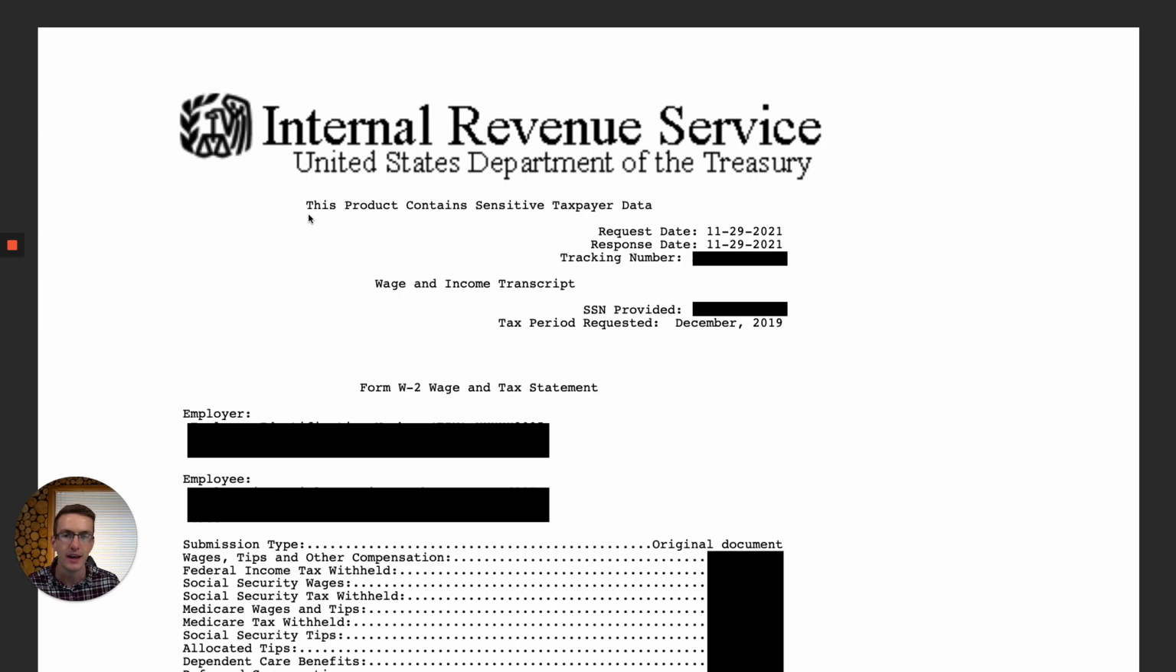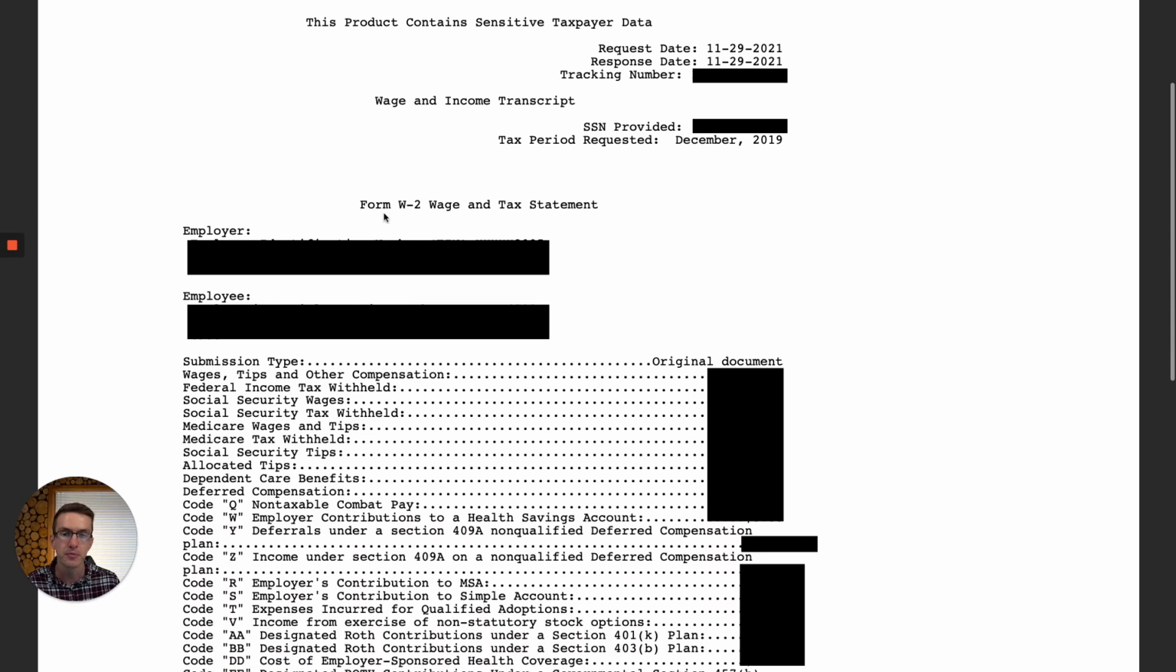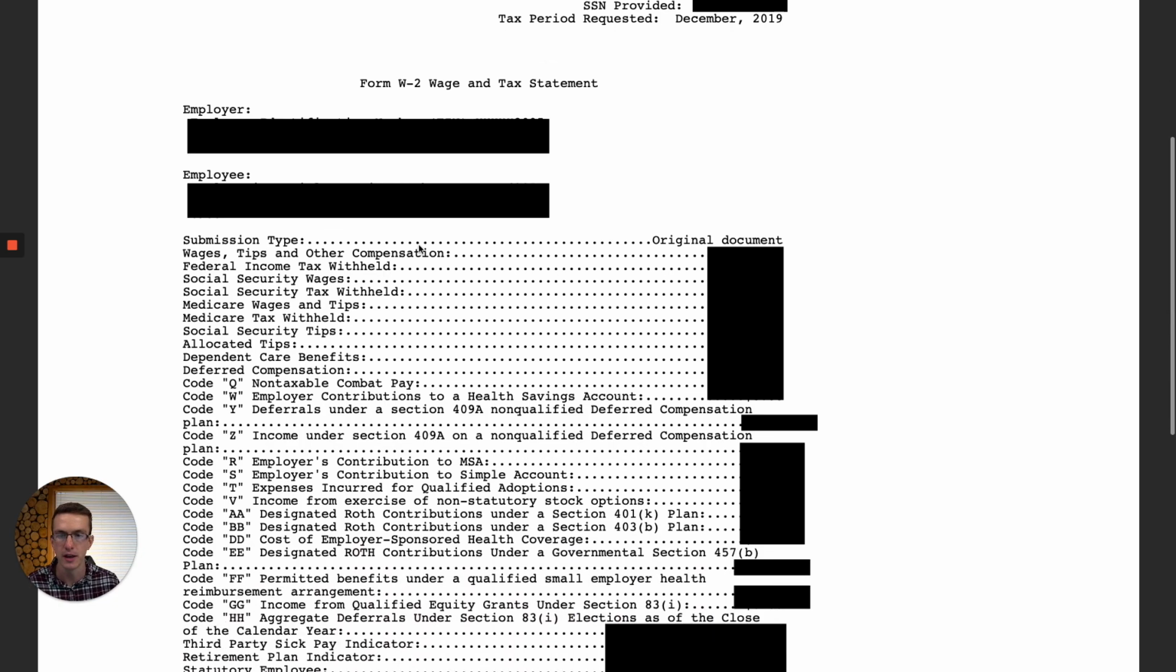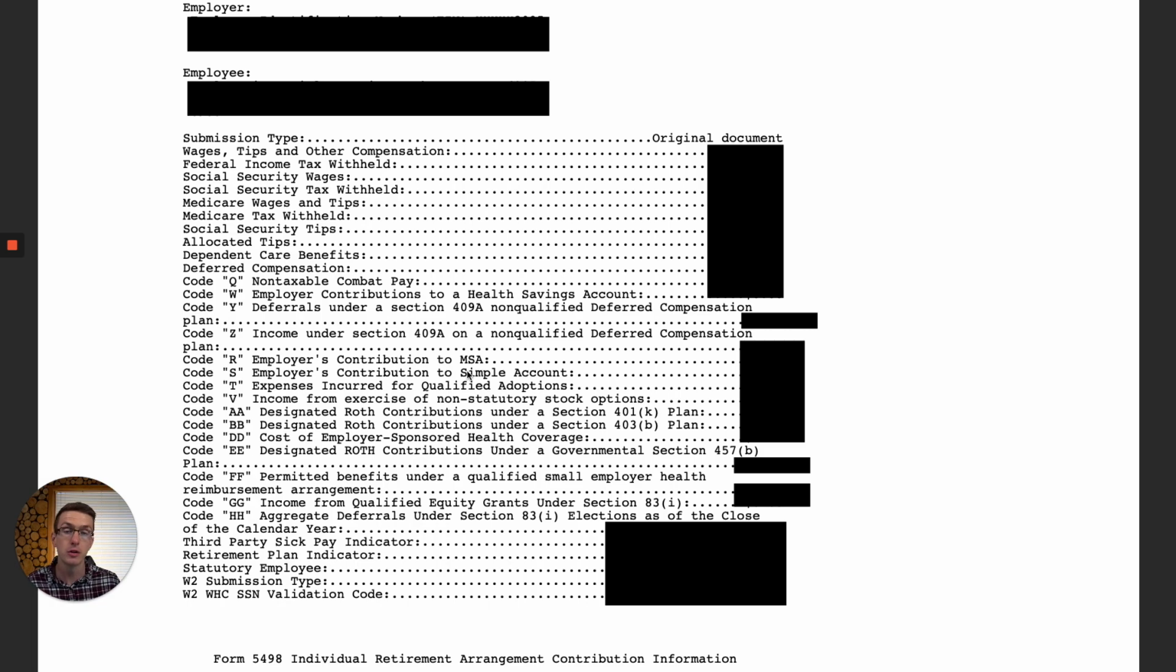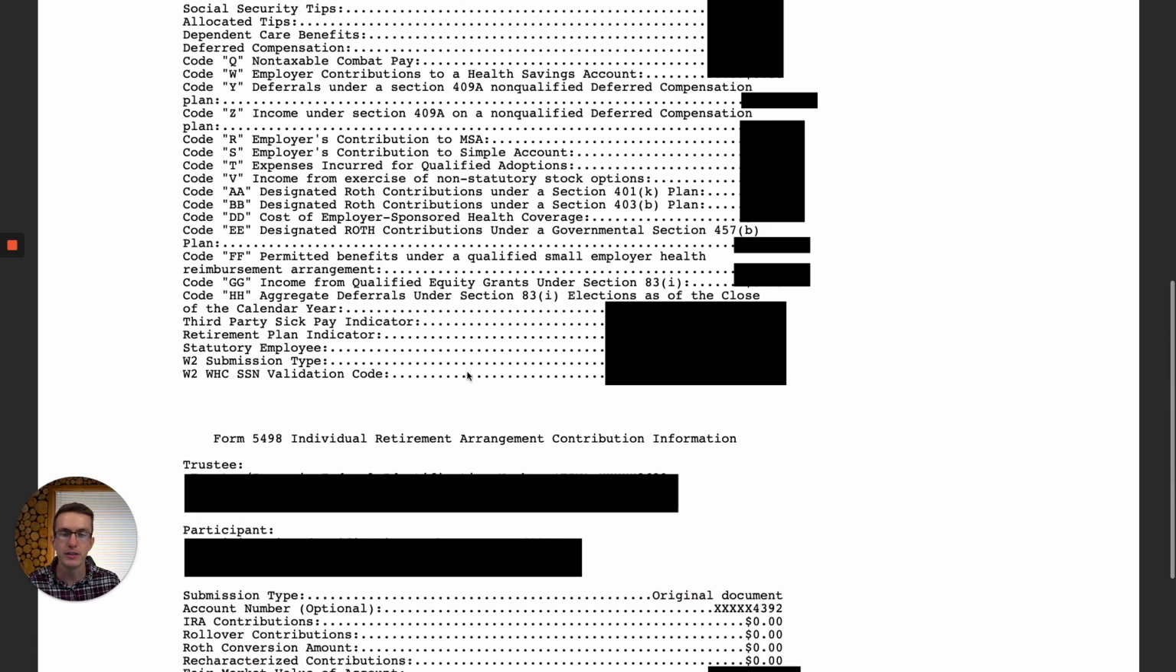As you can see, they'll give you a warning. This product contains sensitive taxpayer data. So this is going to be something where you want to keep this in a secure place. But what you'll notice, they provide all of your W-2 wage information, such as how much you made in wages and compensation in that given year, federal income tax withheld, Social Security and Medicare tax withheld. They'll also include a couple other things that may be included on your W-2. Now, if we scroll down